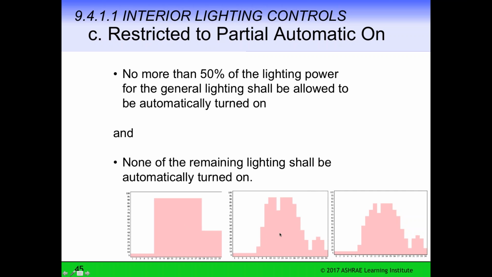The section in the middle shows my estimate of the typical daytime office schedule from midnight to noon to midnight, from the type of schedule requirements or control requirements in 2004. And the one on the right shows my estimation of the type of schedule of lights being on from the automatic control requirements in 2016.